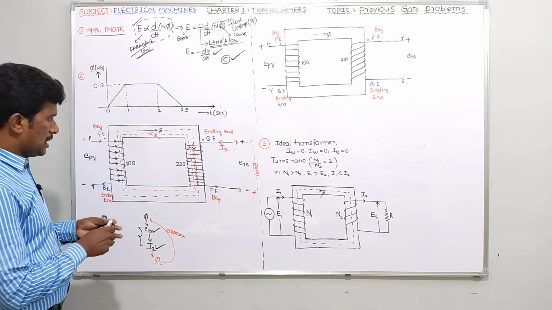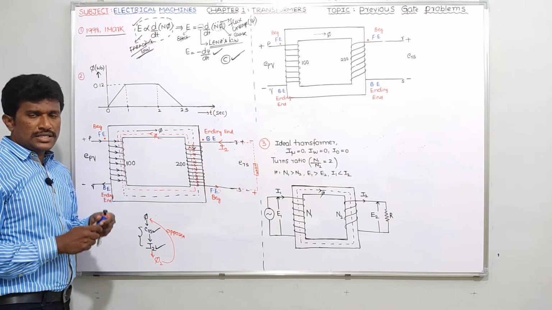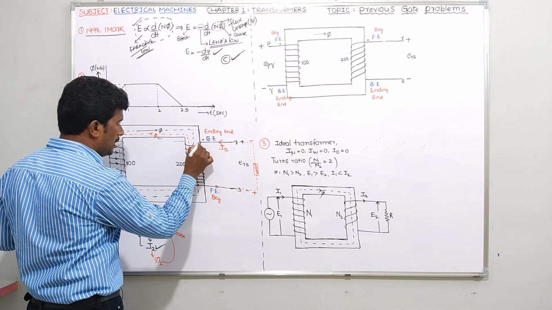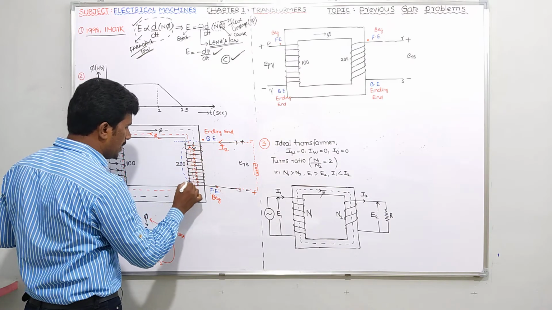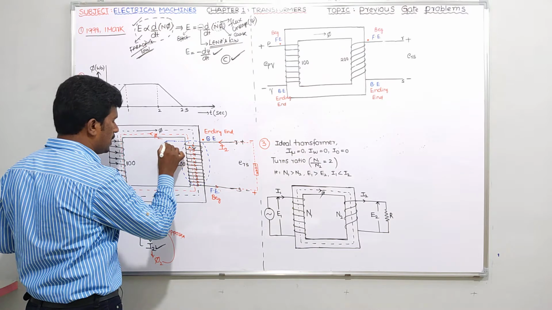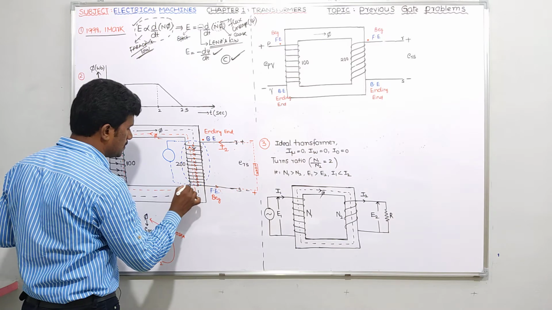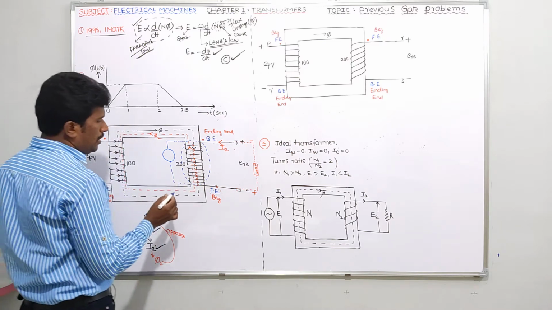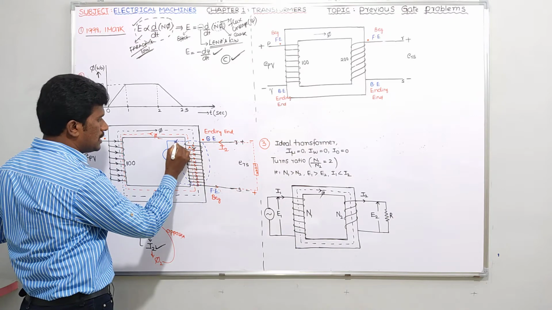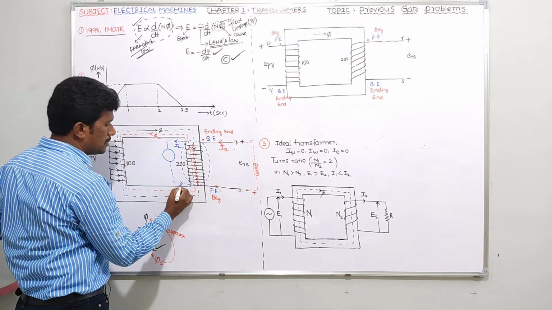Now guys, let me ask a simple question. This was already discussed in Lenz law. If you take this entire secondary winding as a source, like this, now tell me where the current is entering. It is entering here, no? Current is entering here. It is going like this.